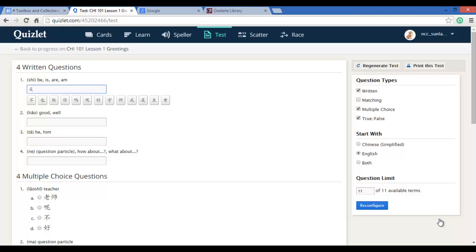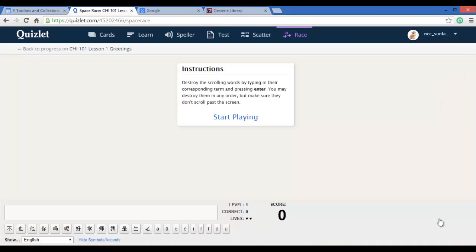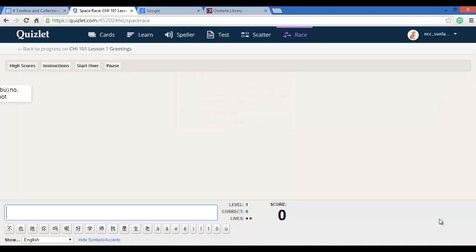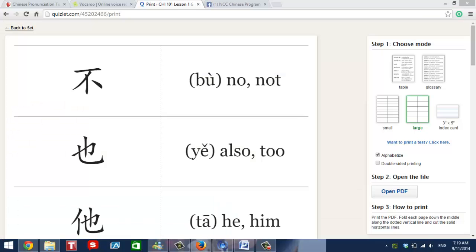And students can quiz themselves with the Test feature or even play games with Scatter or Race. If you prefer traditional studying methods over technology, Quizlet allows users to print out the flashcards, saving you time from having to create your own sets of flashcards at home. Feel free to pause the video now and follow the simple steps necessary to create an account and join the